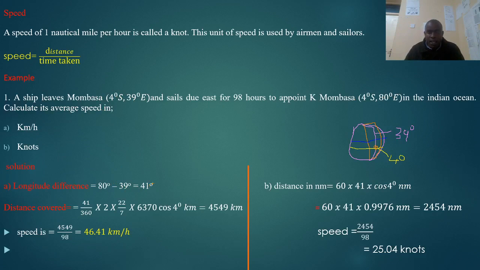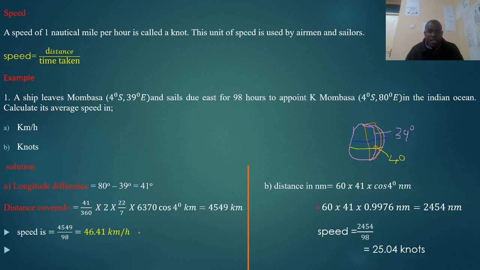Now we calculate the distance in kilometers. It's 41 over 360 times 2 pi R times cos of 4 degrees, because they are on a latitude, and you get 4549 kilometers. And the speed is equal to distance over time taken. The distance is that, and the time taken is 98 hours. So we divide by 98 hours, you get